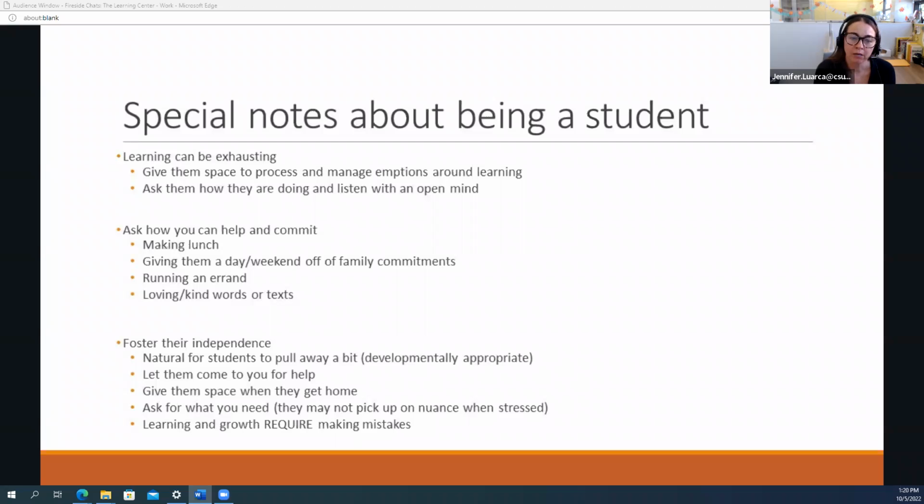And then keep in mind always that we want to foster independence. Even in most of our programs on campus, we're really trying to not do it for students, but help them learn how to do it for themselves. So give them opportunities to be independent, encourage them to utilize resources, but let them try it out on their own.